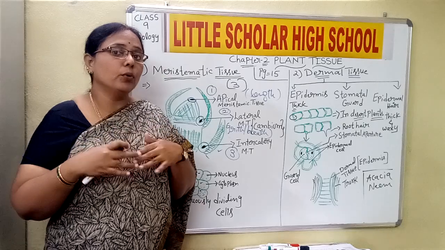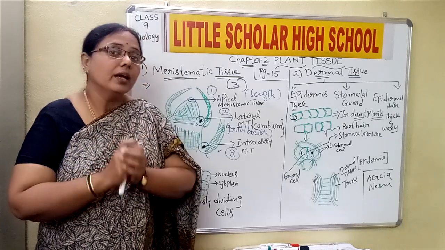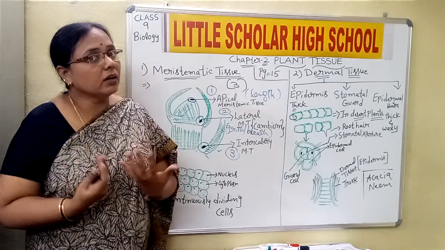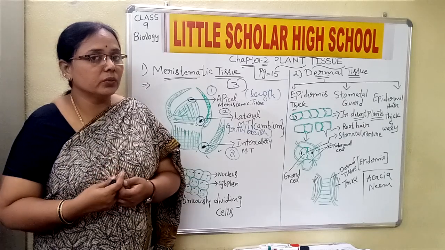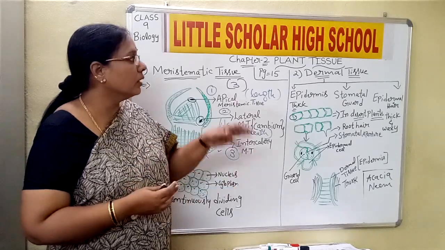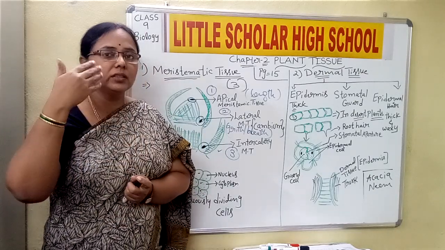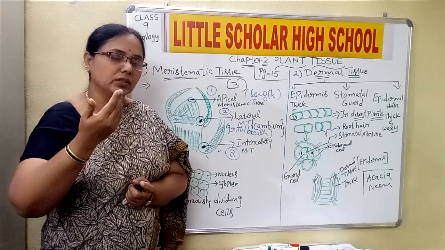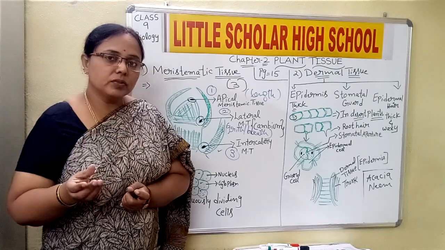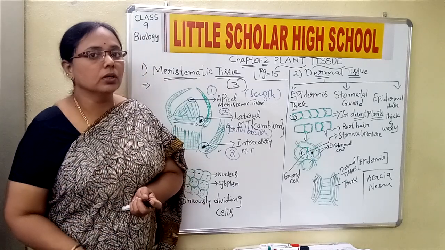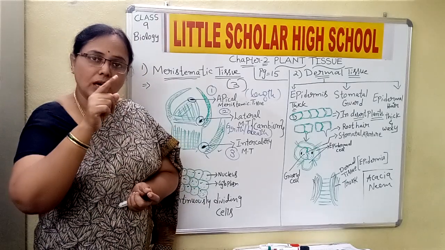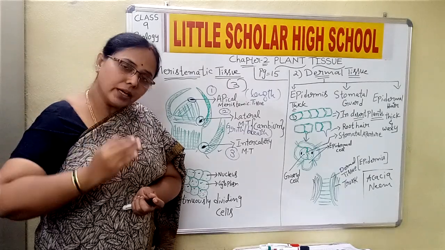That means depending upon the function they need to carry. And naturally, as our body is covered with skin throughout the body, even the epidermal tissues are present throughout the plant, whether it is a leaf, a branch, the main stalk of the plant, or even the root. So the dermal tissue forms the outer covering for the entire plant.